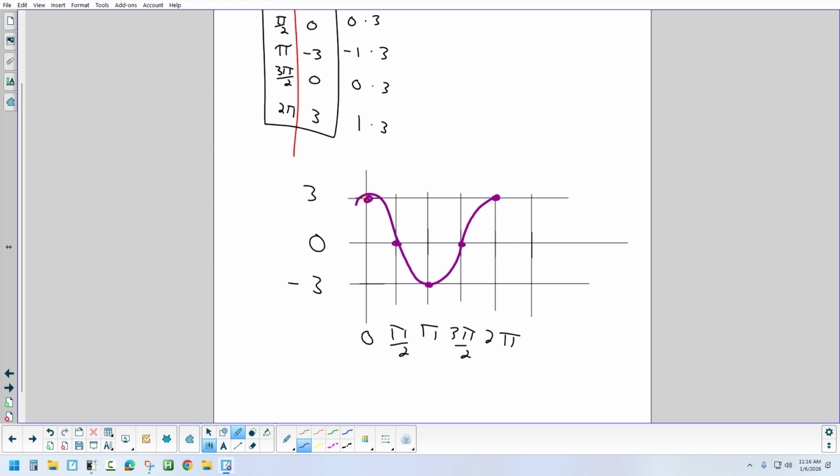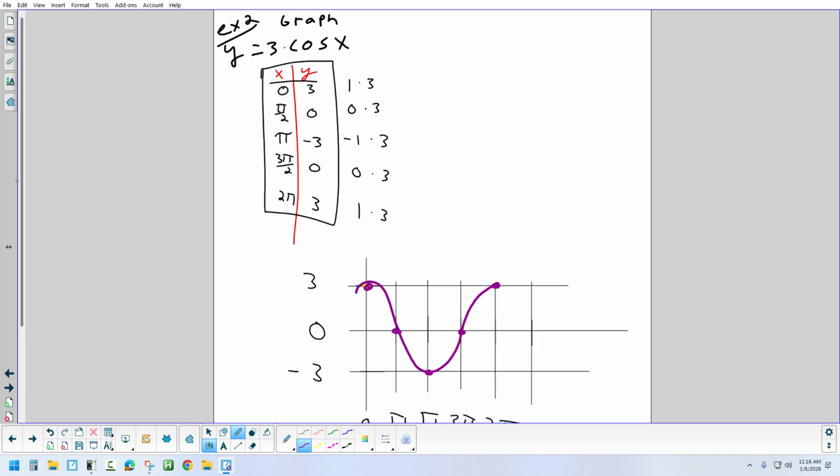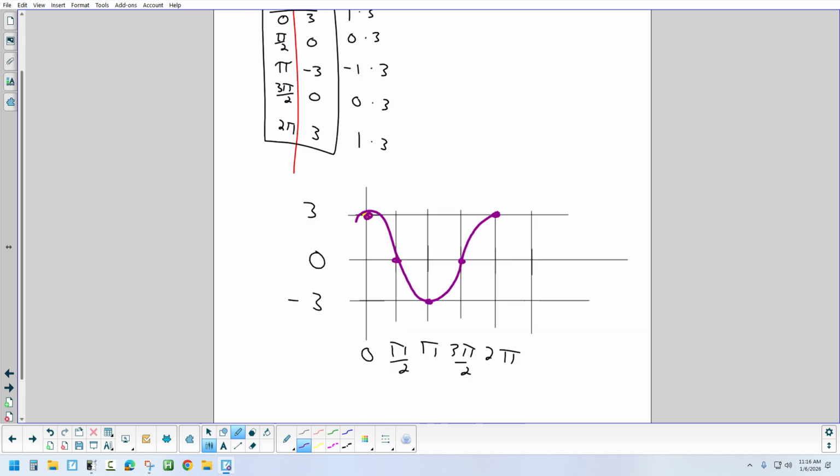If I had to do the graph of 10 cosine x, the picture would look exactly the same. I would just change this to a negative 10 and a positive 10. That way I don't have to draw my graph 10 times as tall. Any question on that one? Okay, let's try another